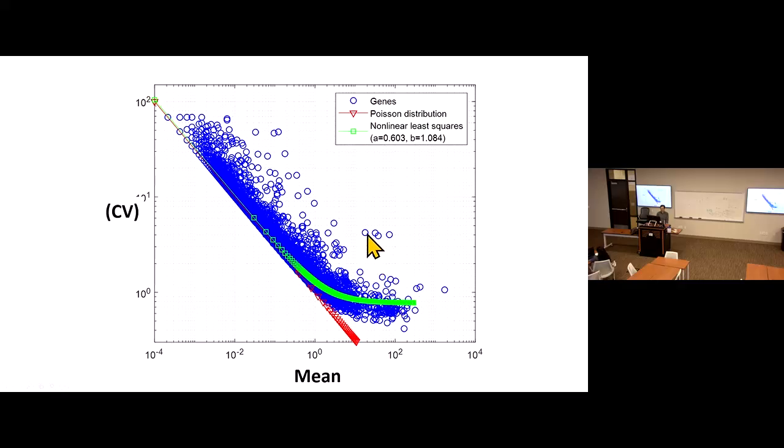What we are interested in is the difference from the observed. So for this gene, for example, you have an average, which is here. You're supposed to have a CV right here, right? Because you have the regression green line. But in reality, in the real observed data, this gene has a much higher CV than expectation. It jumped to here. So this is another example which has really high unexpected CV